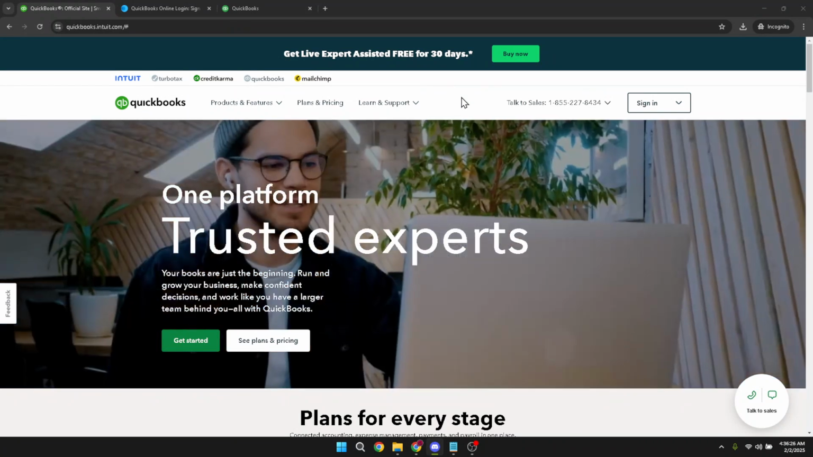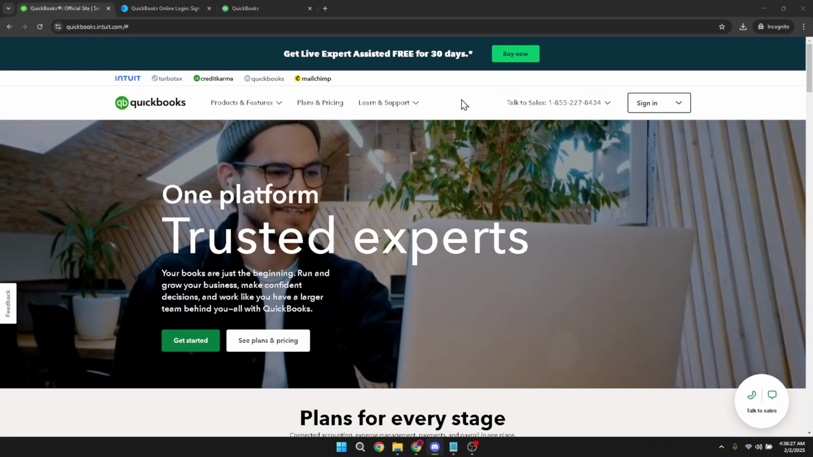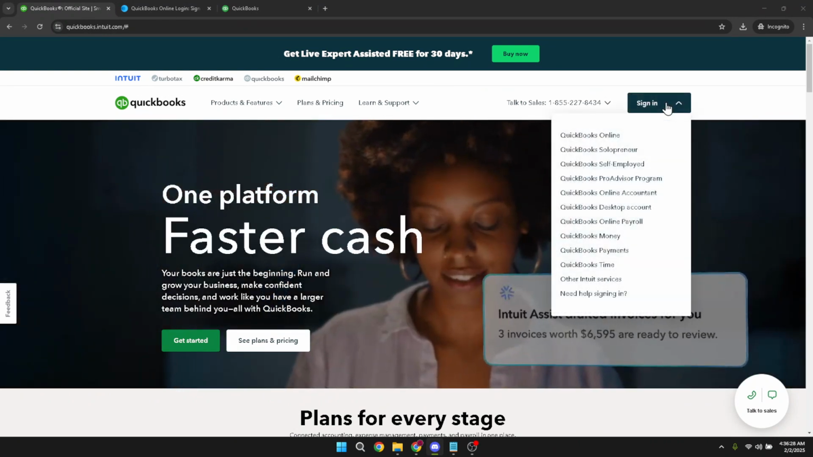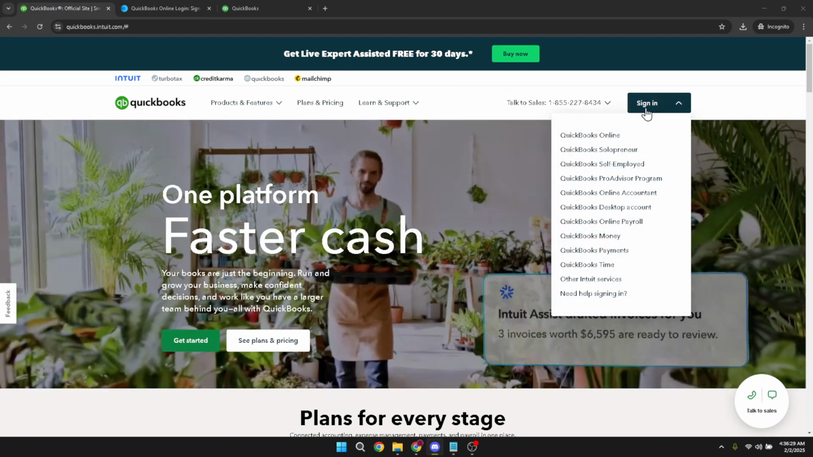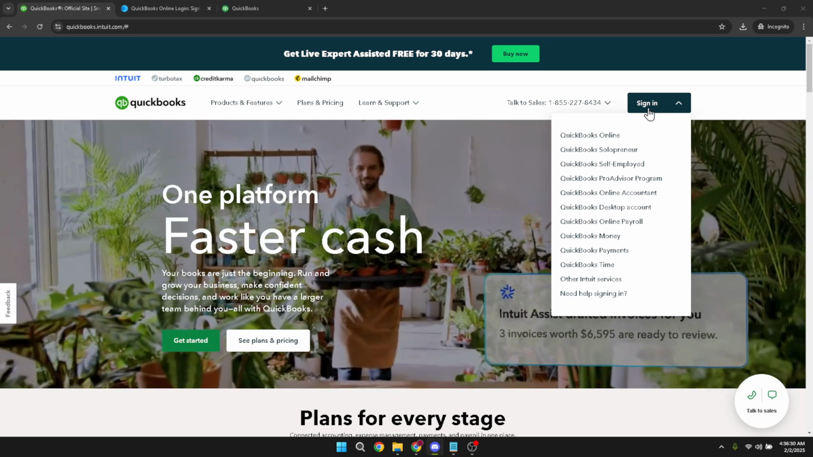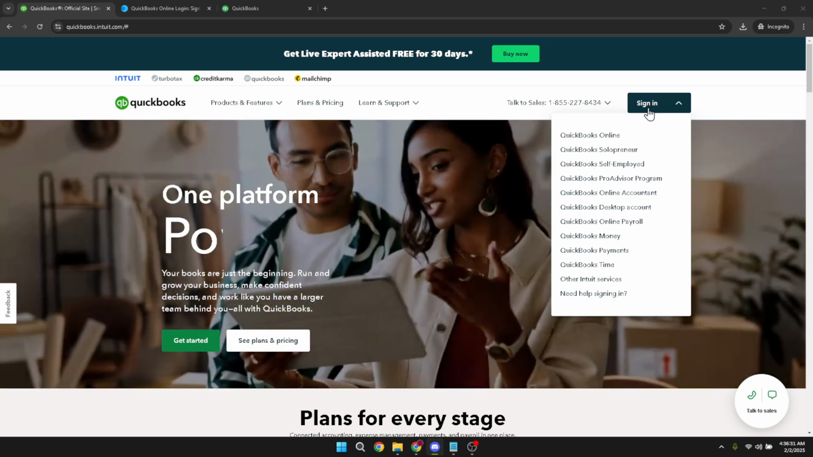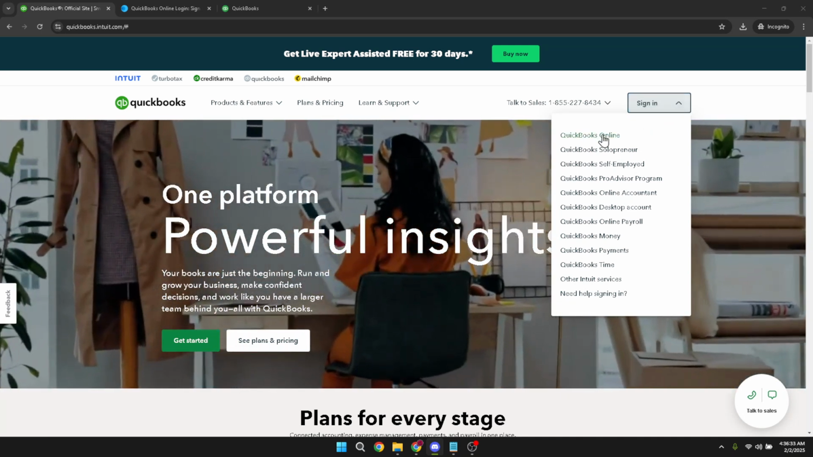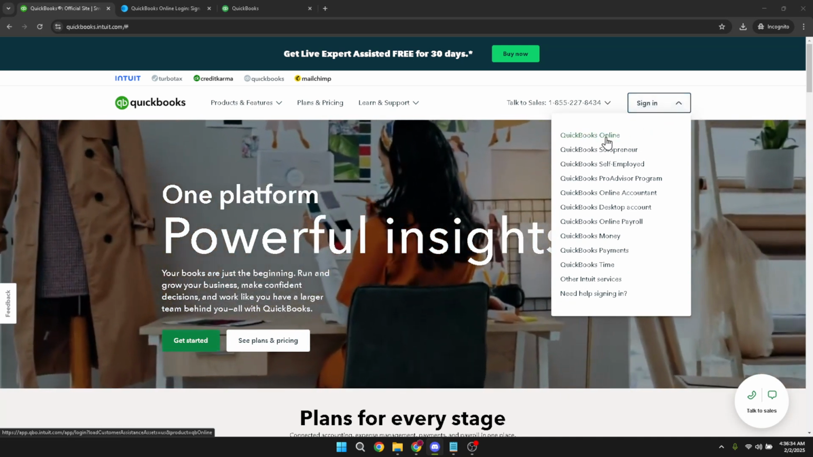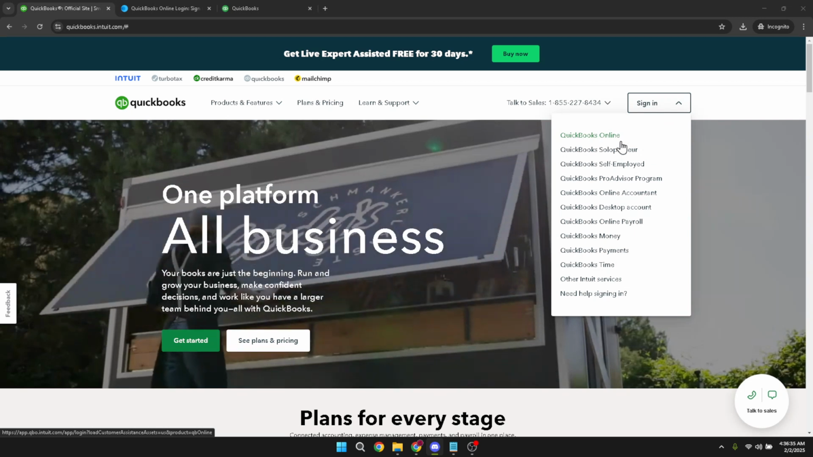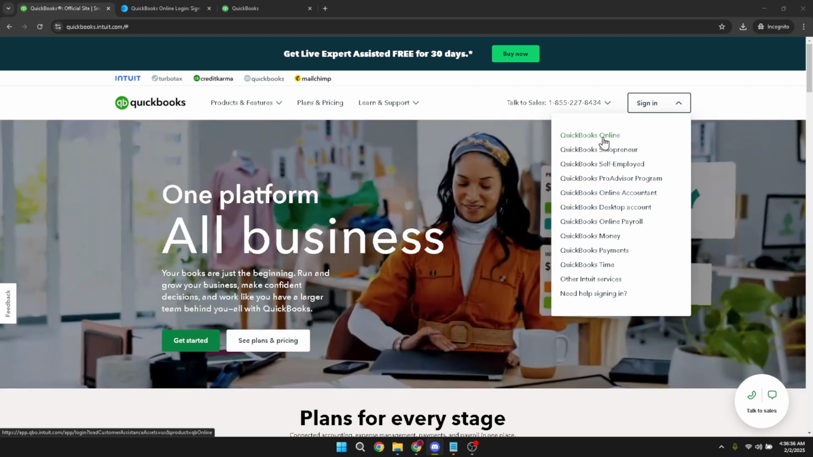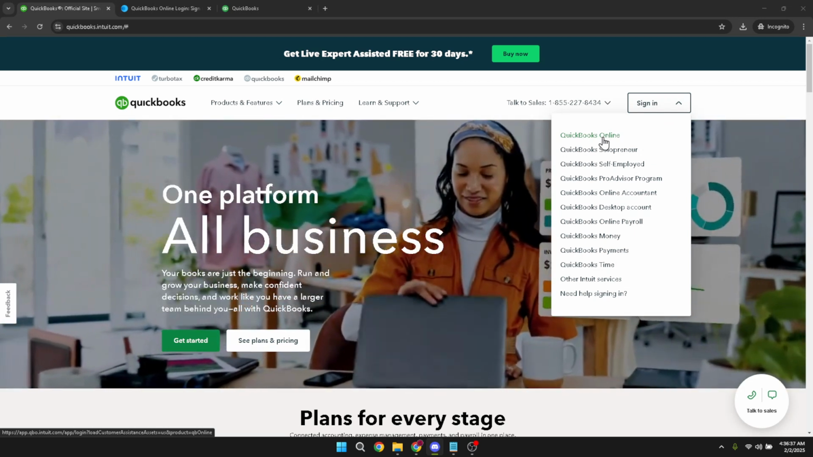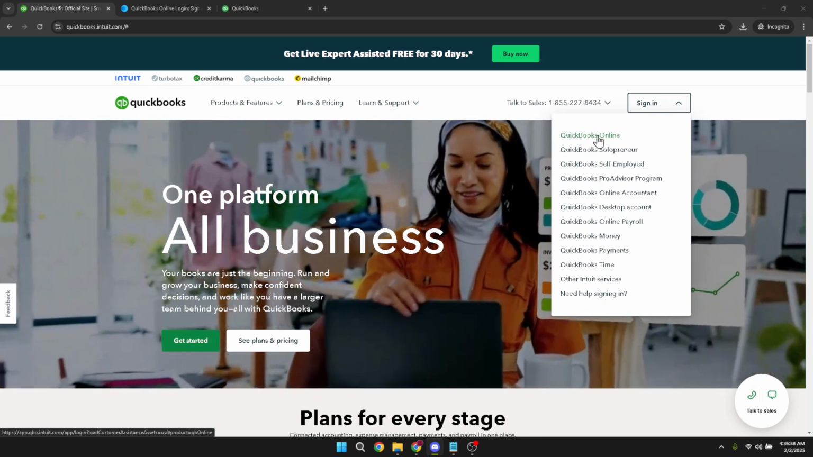First, let's begin with signing in. Head over to the QuickBooks Online homepage and click on the Sign In button. This is your gateway to accessing your account, ensuring you have all the necessary features at your fingertips. Once you've clicked Sign In, you'll be prompted to choose your version of QuickBooks. In our case, we'll select QuickBooks Online. It's designed specifically for businesses managing their finances on the go or through online platforms, offering flexibility and real-time data